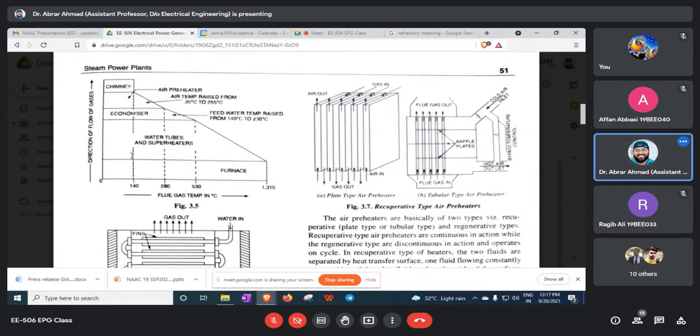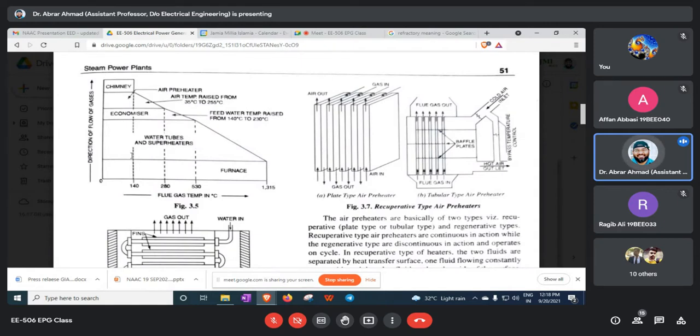It has to be a dynamic system where air is coming in, being heated, it transfers the heat to the water, and then it goes out again into the atmosphere. This is a cycle. We can't stop this cycle because then it will burst the whole boiler. It has the capacity to burst the whole boiler. So it is dynamic, and it's a loop of hot air and cool air that is being looped.